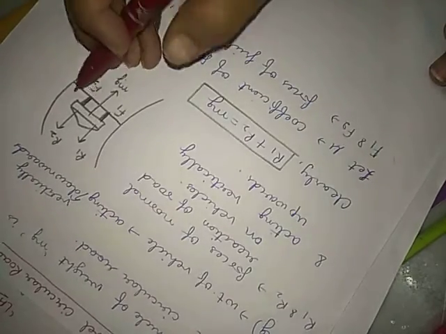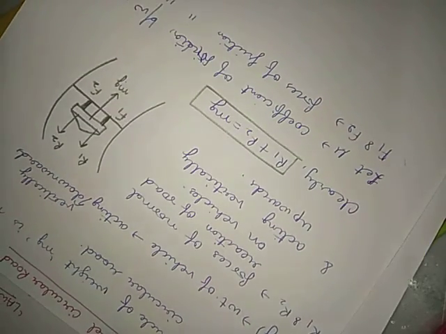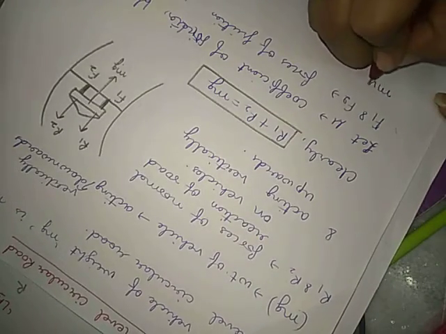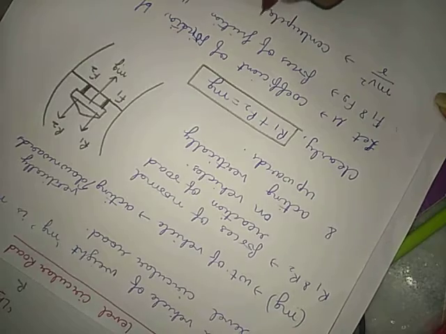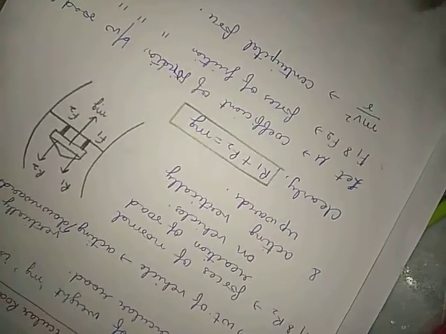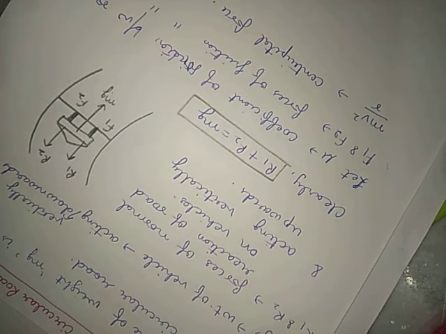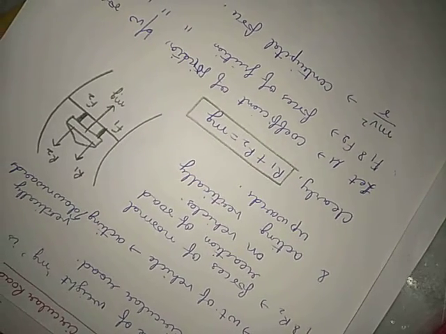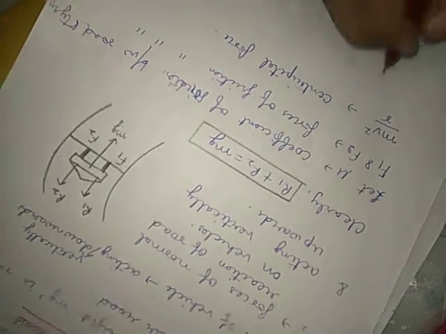And obviously this vehicle is moving on a circular road. So which type of force is acting on this? Centripetal force is acting on this. The centripetal force is mv square upon r. Am I clear? So the centripetal force is provided by the force of friction. So we can say that the centripetal force is either equal to or less than the total force of friction.